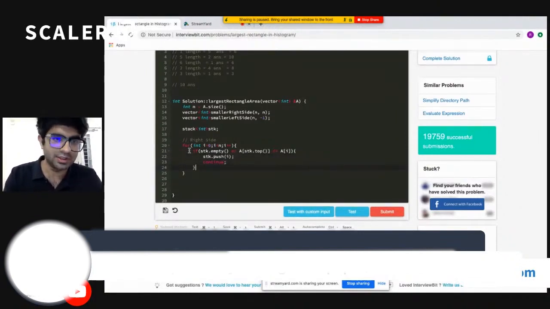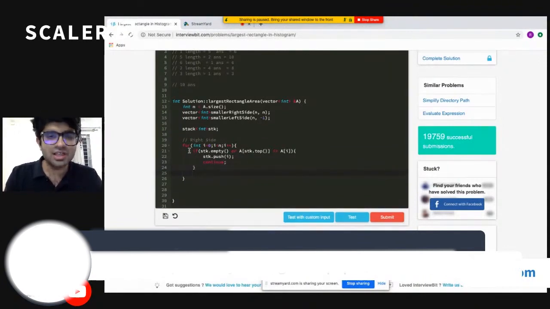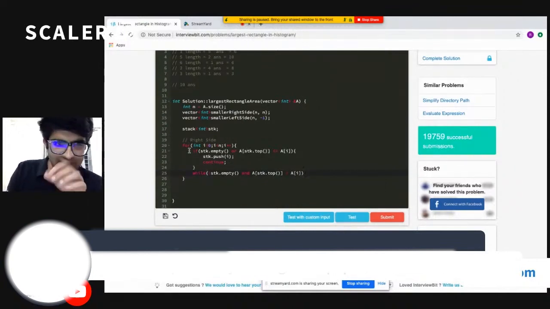So I can continue. Now, if that is not the case, I need to iterate as long as my stack is not empty and my stack top is greater than A of i, that is, the ith element is lesser than the topmost element. So I can say that for the topmost element, the ith element will be my answer.